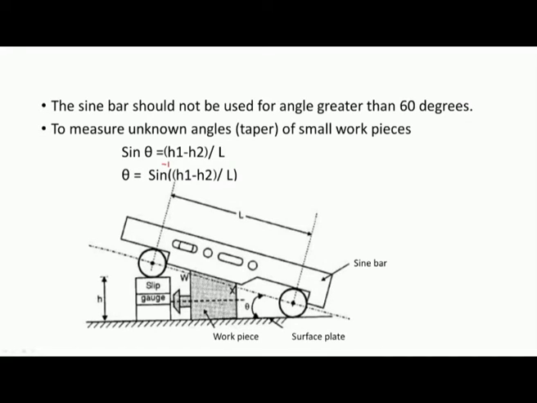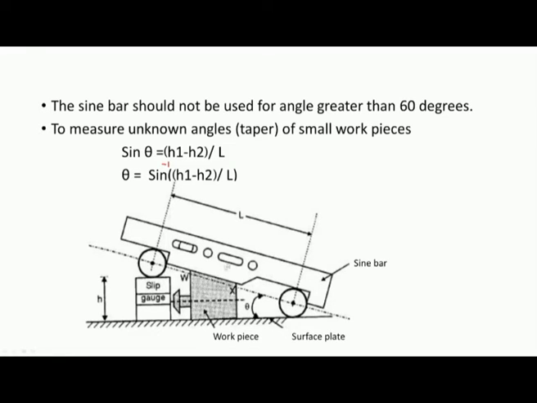You can see here, this is the workpiece and we need to measure the taper or the angle between this surface and this surface. This is the angle that is to be measured. We have to clean the surface of the workpiece and keep the workpiece on the cleaned surface plate, and then over that we have to mount the sine bar as shown in this picture.